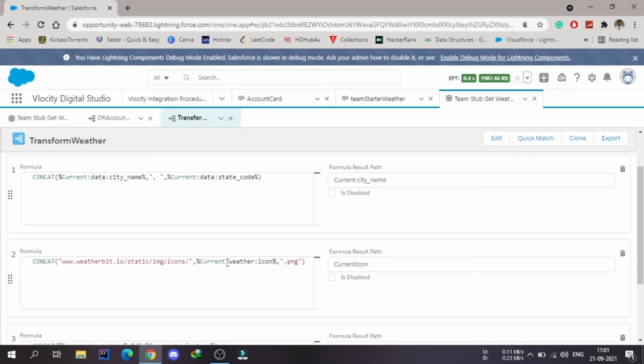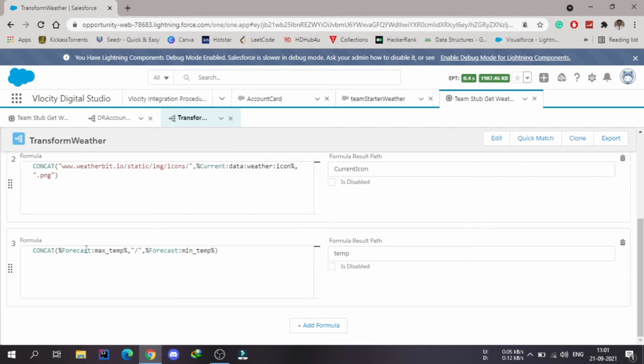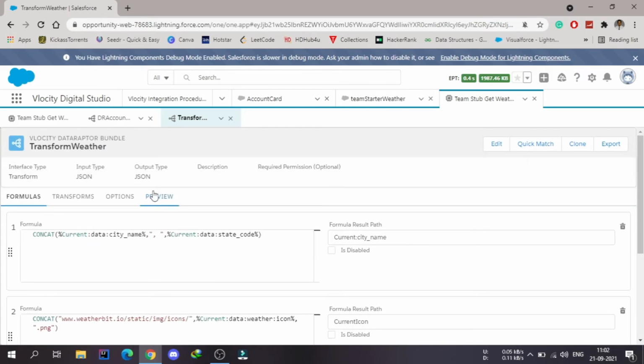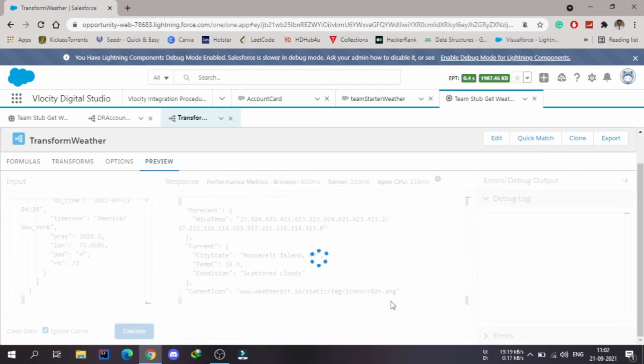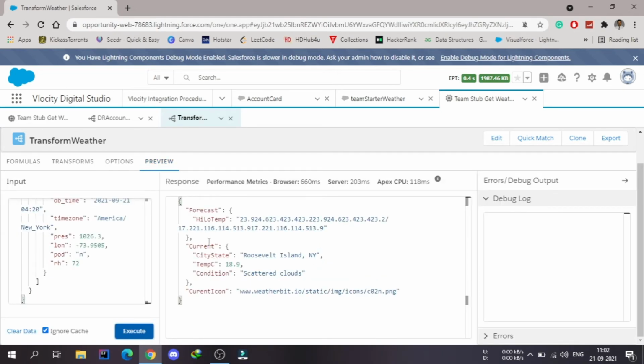So after this current, we have to use the colon and data. This is fine. Then the forecast. Inside this also we have something called data. So we have to use that colon and data. So let me go back to the preview. Now this time it should get all the results. So you can see that we are getting the high low temperature, the city, temperature, condition and icon, everything.